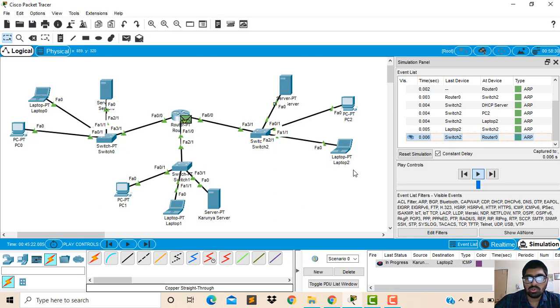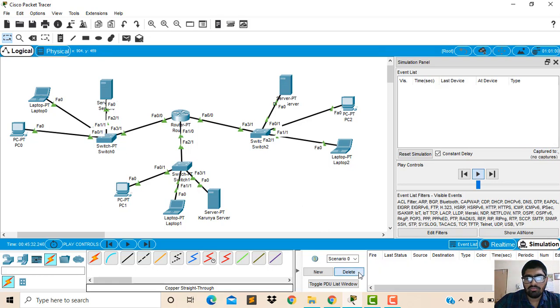When the packet is going, we see that the packet went through the different copper straight-through cables, like to the third server, to the PC as well as to the laptop, but the request was entered from the laptop to the Karunya server. When the packet reached the laptop, and from laptop to switch as well as from the router, it is successfully sending the information. But the user has not entered anything from this PC, so the packet is saying that the wrong information is entered.